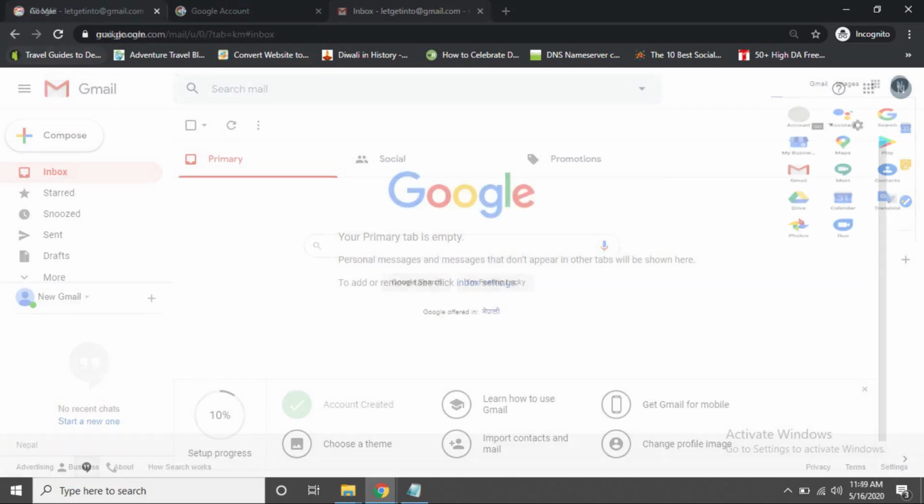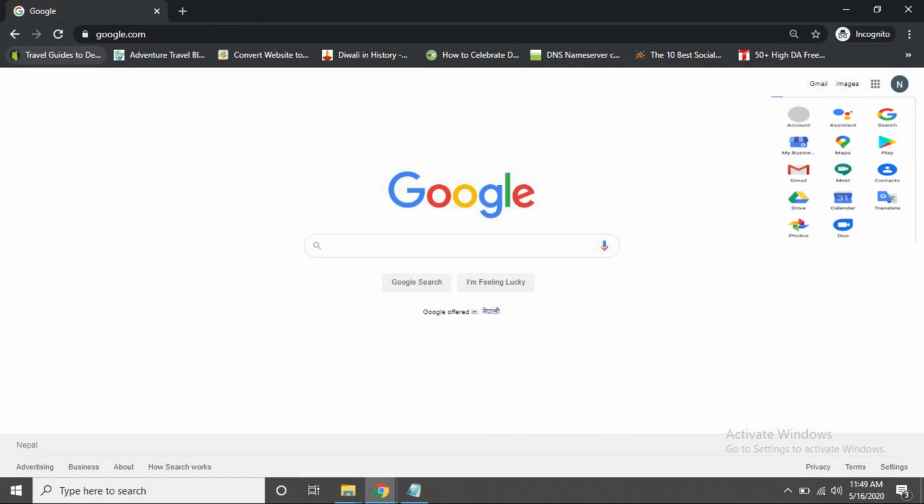So let's jump to how to delete a Google account permanently. First, on the right hand side you can see a small box. Click on that and multiple options will come up. Or by typing google.com in the browser, you can find it there as well.